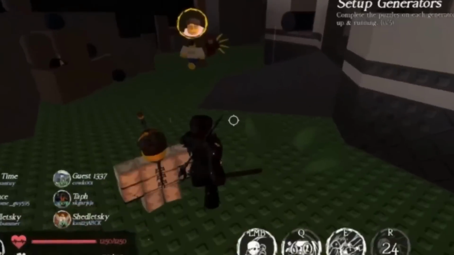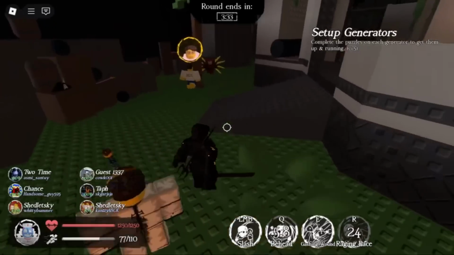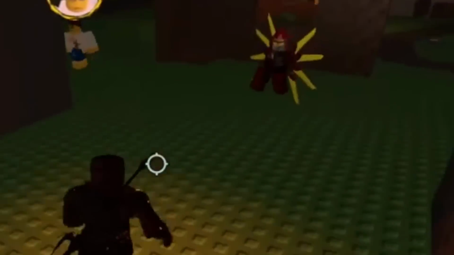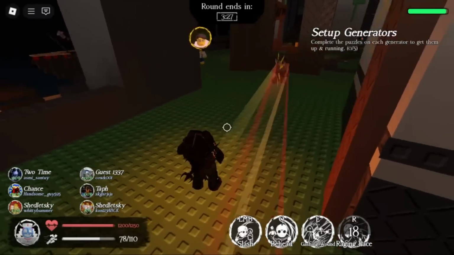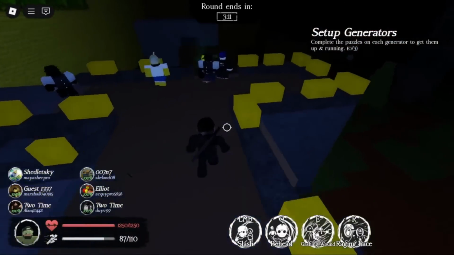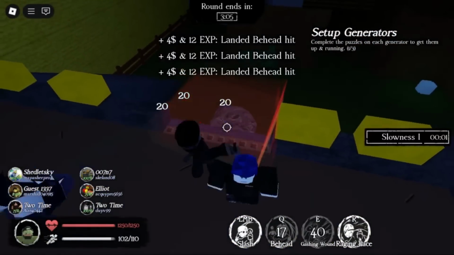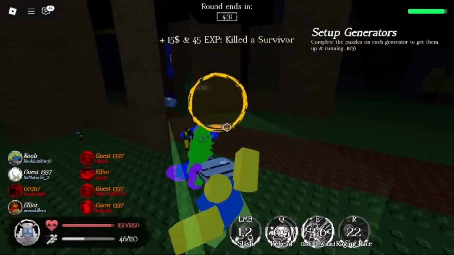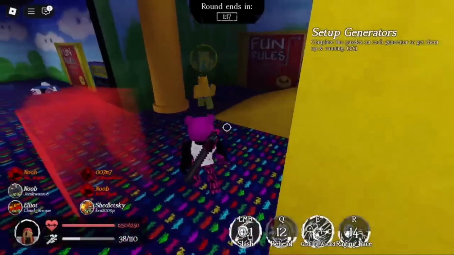I kept continuing my chase, but then out of nowhere, this Shedletsky just pops into existence? Like, it really caught me off guard, so I just go for the attack and then forgot that Chance exists. It's not just Chance too. Two Time can literally backstab you and stun you for a full 4 seconds. Guest can just block your attack and walk up and punch you like you owe him money. And then we got Shedletsky who